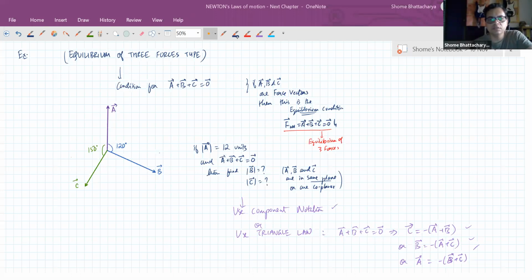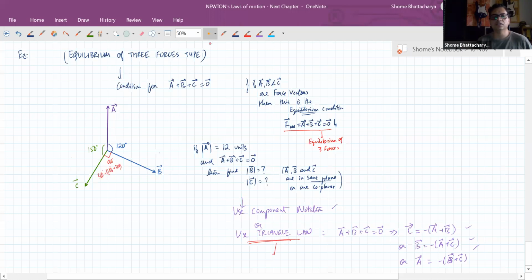In this particular question, one very easy thing you can notice is that this angle is 90, because it is 360 minus of 150 plus 120. So it is 90 degrees. So that means these two vectors are perpendicular to each other. So it makes the geometrical approach very easy. It makes the application by triangle law very easy, that if you draw these same vectors head to tail,